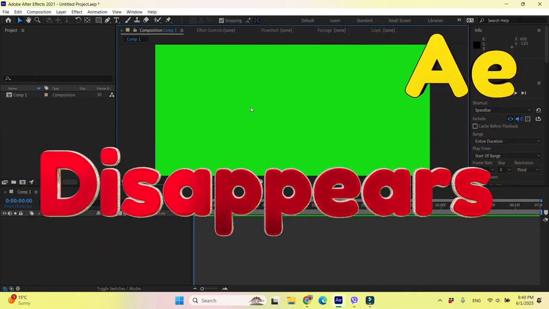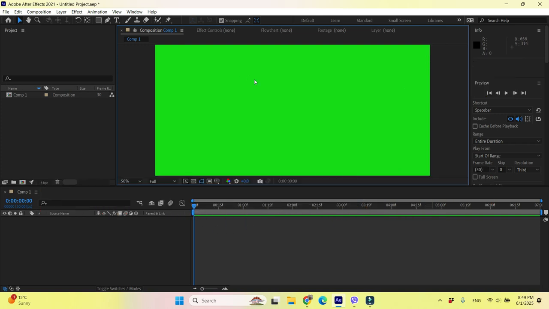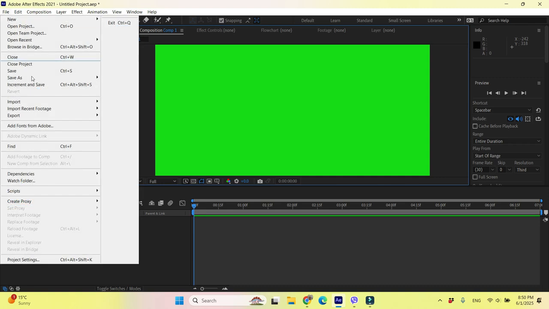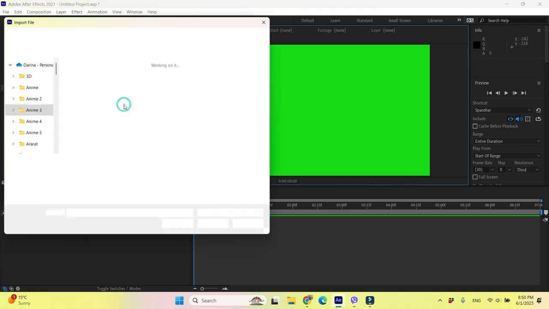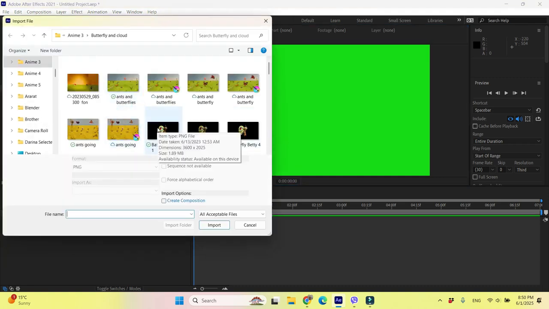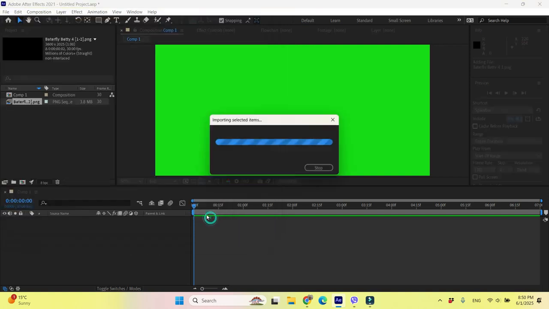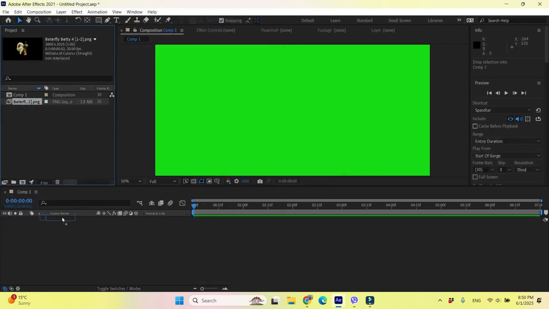And let's see today why sometimes the picture, the layer, disappears in After Effects. So let's say I'm importing some file, and I want it to be a PNG file with a butterfly. I have a few of them, by the way, here. I'm importing. Okay, and